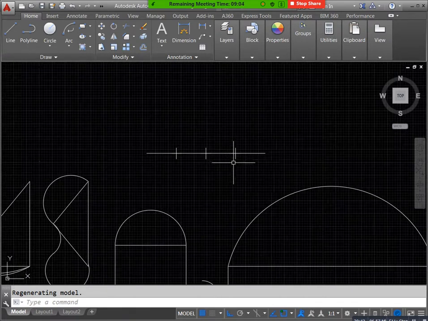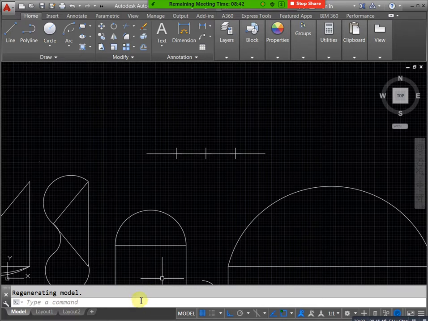Okay, specify center point, where you need your center point. For example, this is my center point. Next, you can mention your base radius, for example 10. Next, top radius, I need 10. At the same time, helix height. If you know number of turns, you can mention number of turns also, but if you don't know, you can mention height directly.